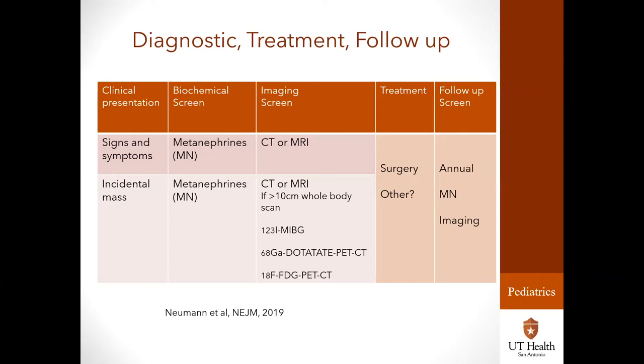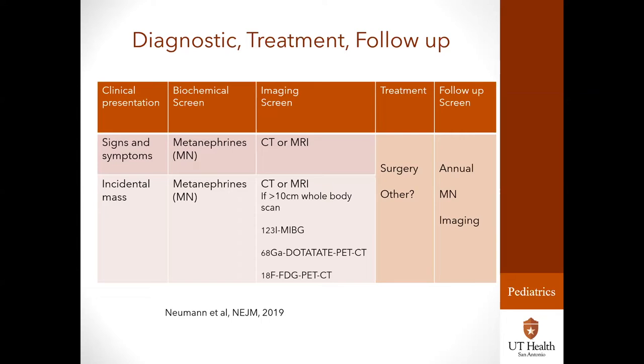The metabolites, metanephrines and normetanephrines, are more sensitive in plasma and urine than the catecholamines themselves. And imaging, usually by CT or MRI, can detect one or multiple tumors and can be supplemented by functional imaging with MIBG, gallium dotatate PET CT scan, or